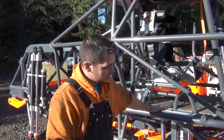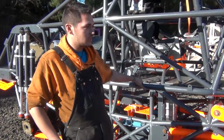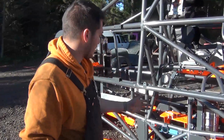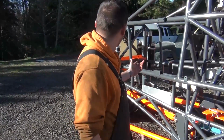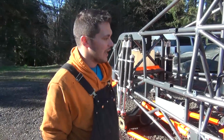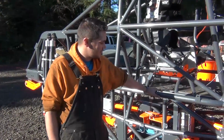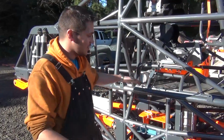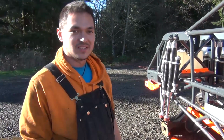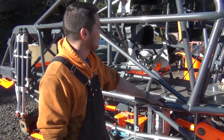And then once the differentials are in, start putting the champagnes and the knuckles, then axle parts, spindles, planetaries, and then it'll be a roller again. And then get drive lines all taken care of, drop the motor and the transmission in. Got a few small things here and there. A lot of the in-cab stuff, rear steer pump, radiator. There's still things all over that still need to be done, but it's coming back together again. And right now everything's going together for final assembly, which I'm super excited about,